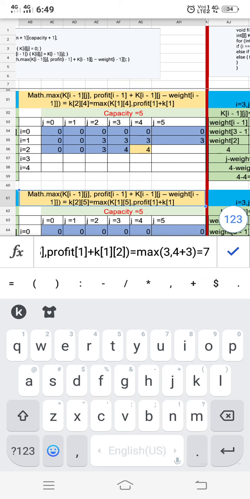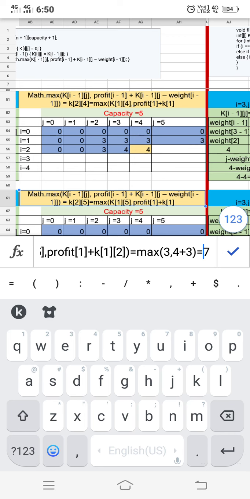The meaning of this, why we are finding the maximum value here, is that whenever the condition j is not lesser than the weight of the current object, I will be comparing the profit I am getting with the previous object for the same capacity j, and the profit I am getting for the current object I have selected, adding that profit with the profit I will get by selecting the other previous objects for the same capacity j. The maximum of that I will be filling up as the profit.